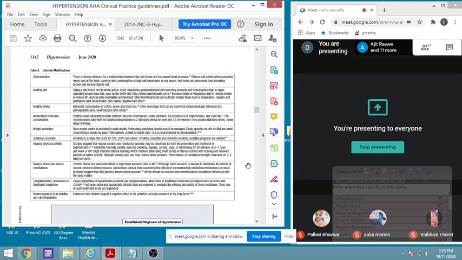dietary approaches to stop hypertension. So that is known as DASH, dietary approaches to stop hypertension. And this DASH diet has more vegetables, less salt, less sugar, and this particular DASH diet